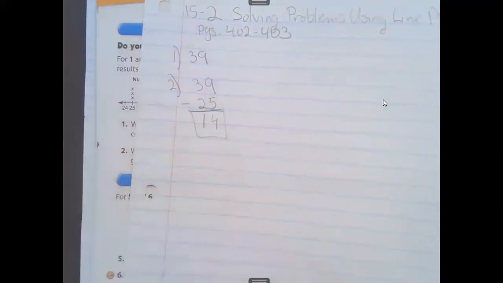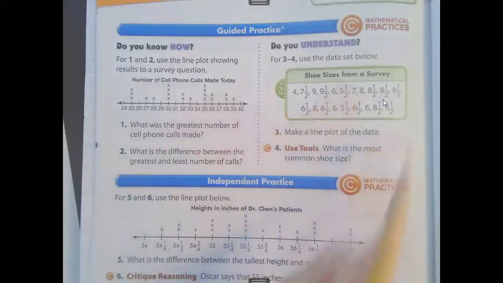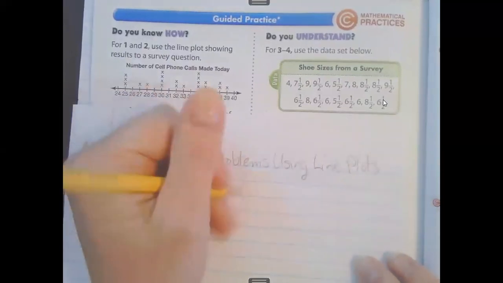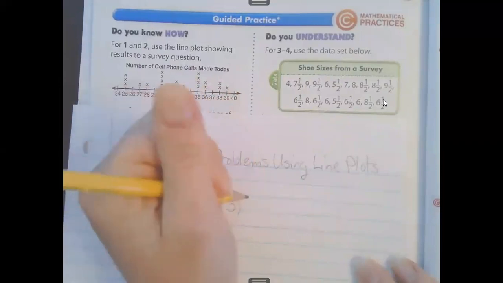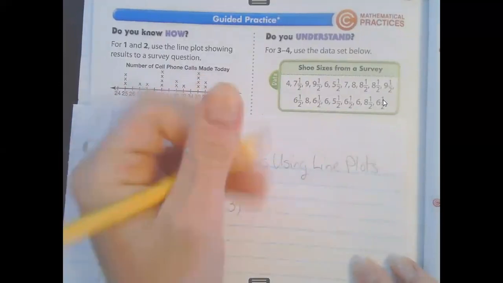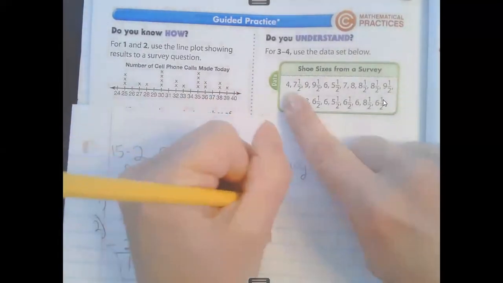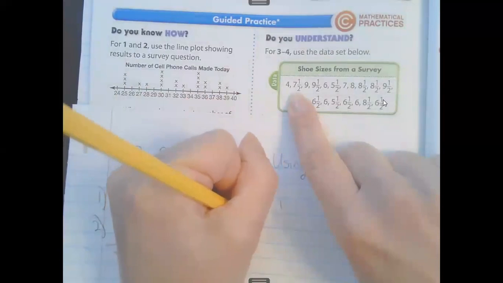So now let's take a look at problem number 3. So it says, use the data set below, make a line plot of the data. So first things first, I'm going to create a table. So I know I'm going to go across today to make it a little bit easier for us to read what we have. So we have 4, make a little tally, 7 1/2,